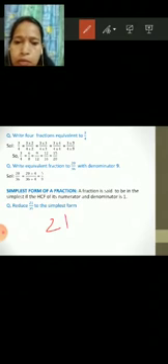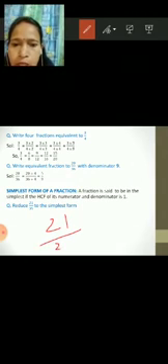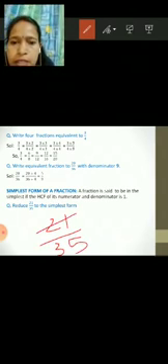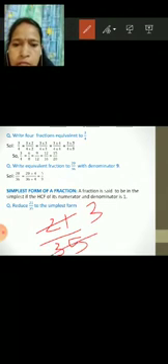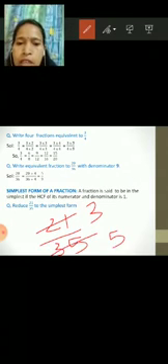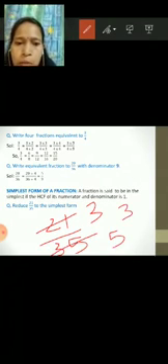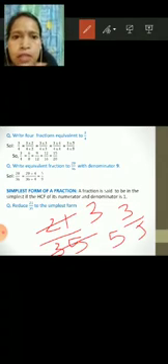So here we have to reduce 21 by 35 to the simplest form. So how you can form in simplest form? See here the common factor is 7. So we can find out 7 3 is a 21 and 7 5 is a 35. So 3 by 5 is the simplest form. So in this way you can find out the simplest form.